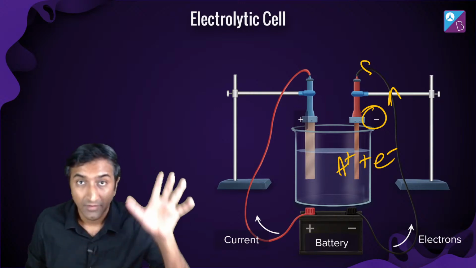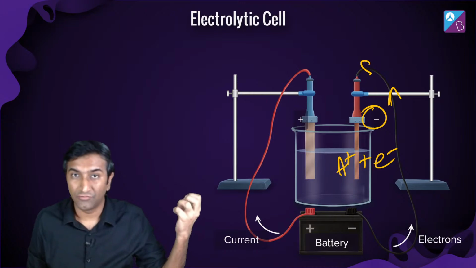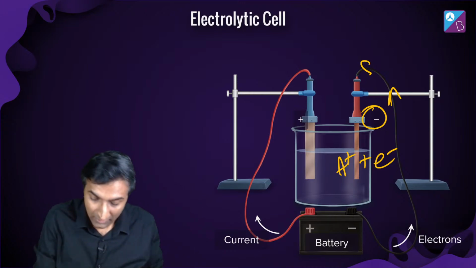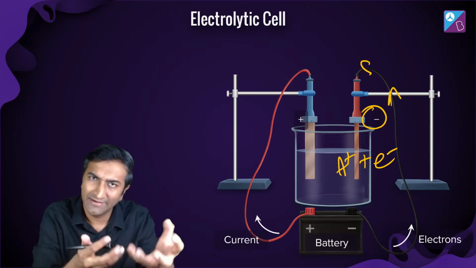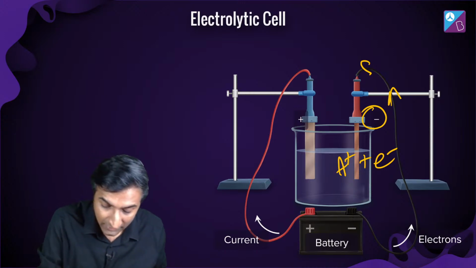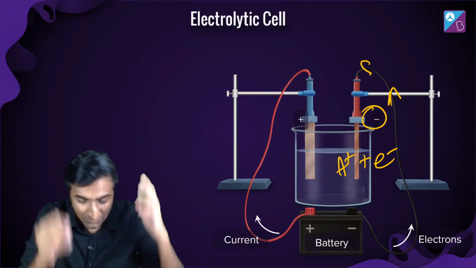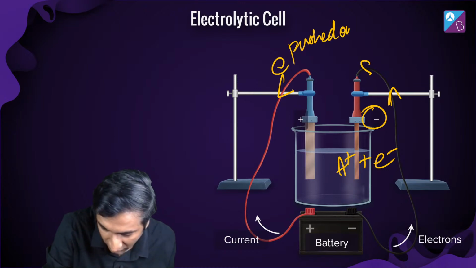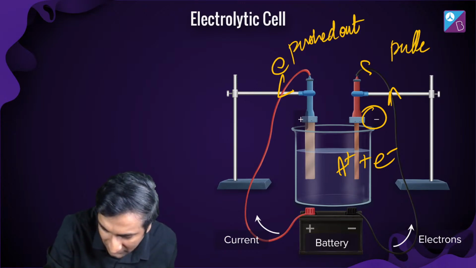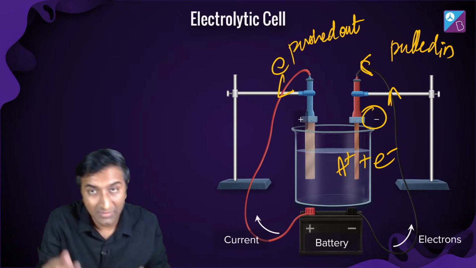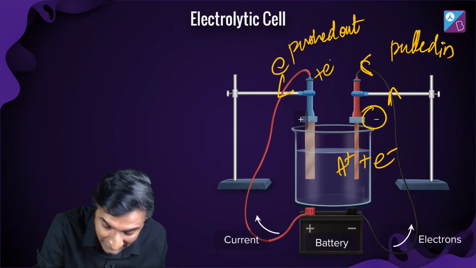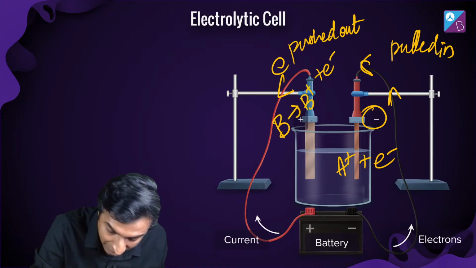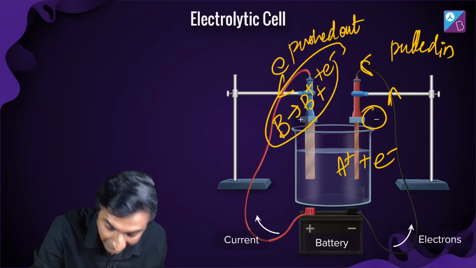So, if there is a pull of electrons, okay, the battery is pushing it, but something should also want to accept it. What is that something? In the water, in the solution, there is something that is accepting electrons. And on the other side, something is like, take them, I don't want electrons, pushing electrons out. So here electrons are being pushed out, and here they are being pulled in. It's as simple as that. If electrons are being pulled in here and pushed out there, something is furnishing electrons. So maybe B is giving you B plus and electrons on this side.